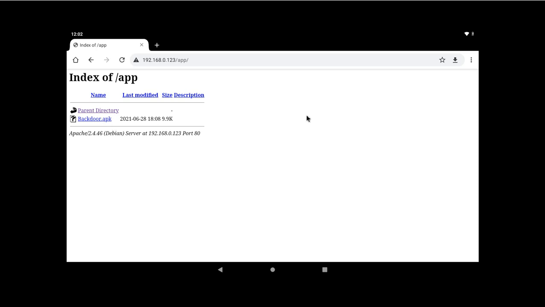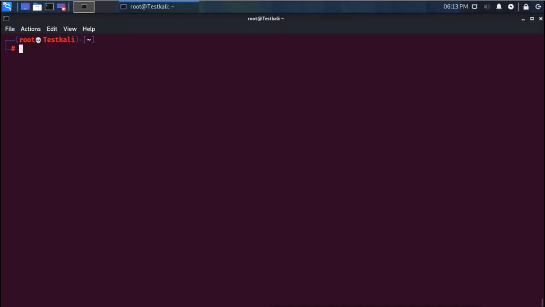Now when the user is installing this backdoor application in their Android mobile, before that the attacker must be ready for it. The attacker will be ready with its Meterpreter console to detect this payload. So we'll go to the Kali and make sure that it is ready to connect this. Under the Kali Linux, I will run the MSF console here so that I can detect and connect that payload when it is executed.